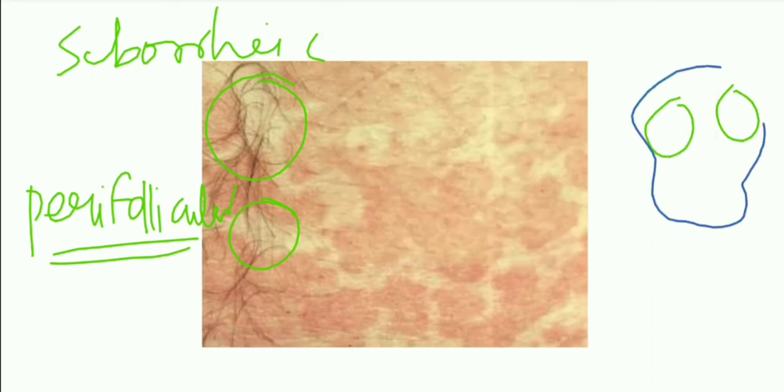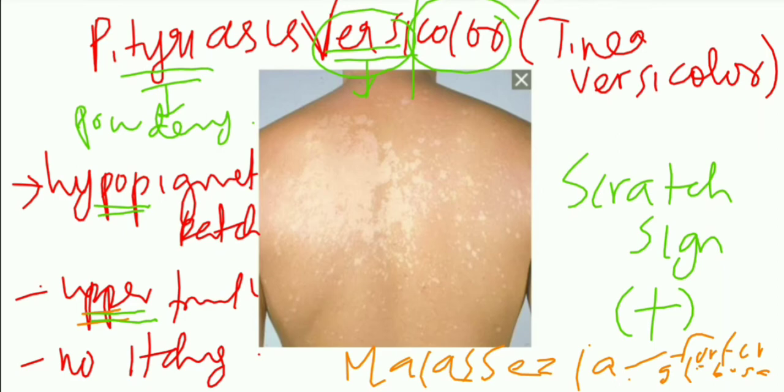Now you should remember this. You can see here the hair. Around the hair follicles, this fungus will first be infecting the perifollicular region. That is the seborrheic area, isn't it? That's why in the perifollicular area, first of all you will get small hypopigmented patches. Later they all coalesce to give a large hypopigmented patch. So that is why the most common site is the upper trunk.